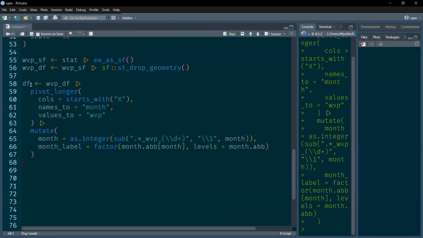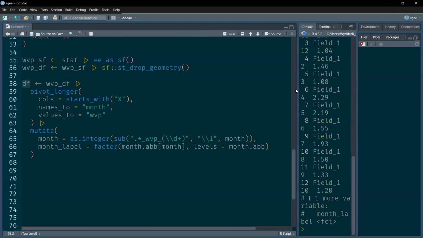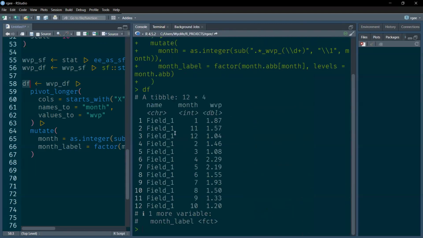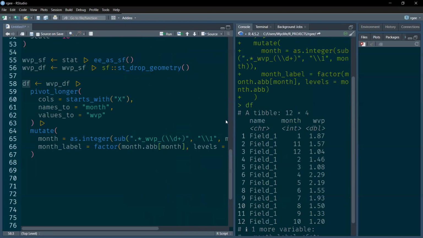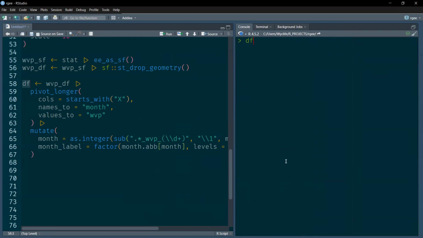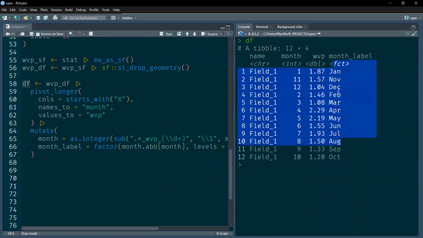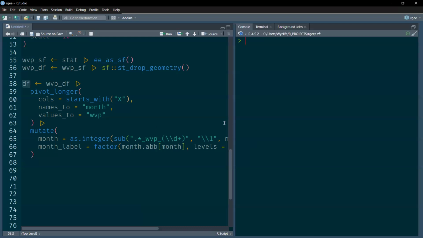Okay, so if you check our DF, it is now a clean data frame, even though we are seeing these as numbers, they are variables with factor labels mutated. Okay, sorry, month label was not shown. Sorry for that. Yeah, month label is January, November if it is 11, 12 is December, up to the last one. Okay, so once we have that, we can therefore make a simple plot using ggplot,